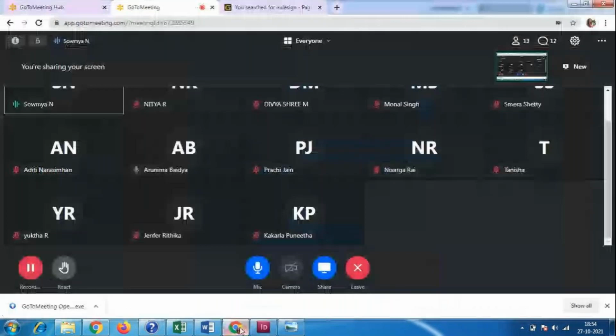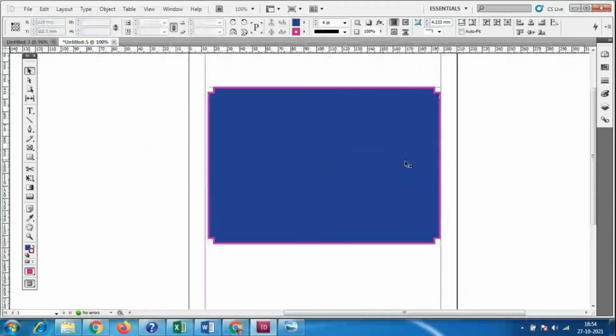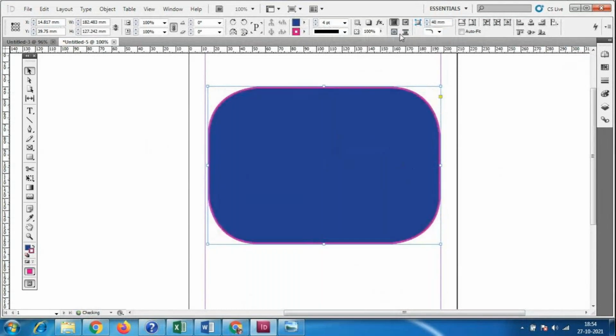So I'll select the shape and go to Rounded. You'll get the rounded options here, and you can increase the rounding. See here what shapes you will take. I can increase this, or otherwise you can give a value directly, like 40. That is complete rounded. Exactly like that, if I take the fancy option, you will have the fancy option like this.